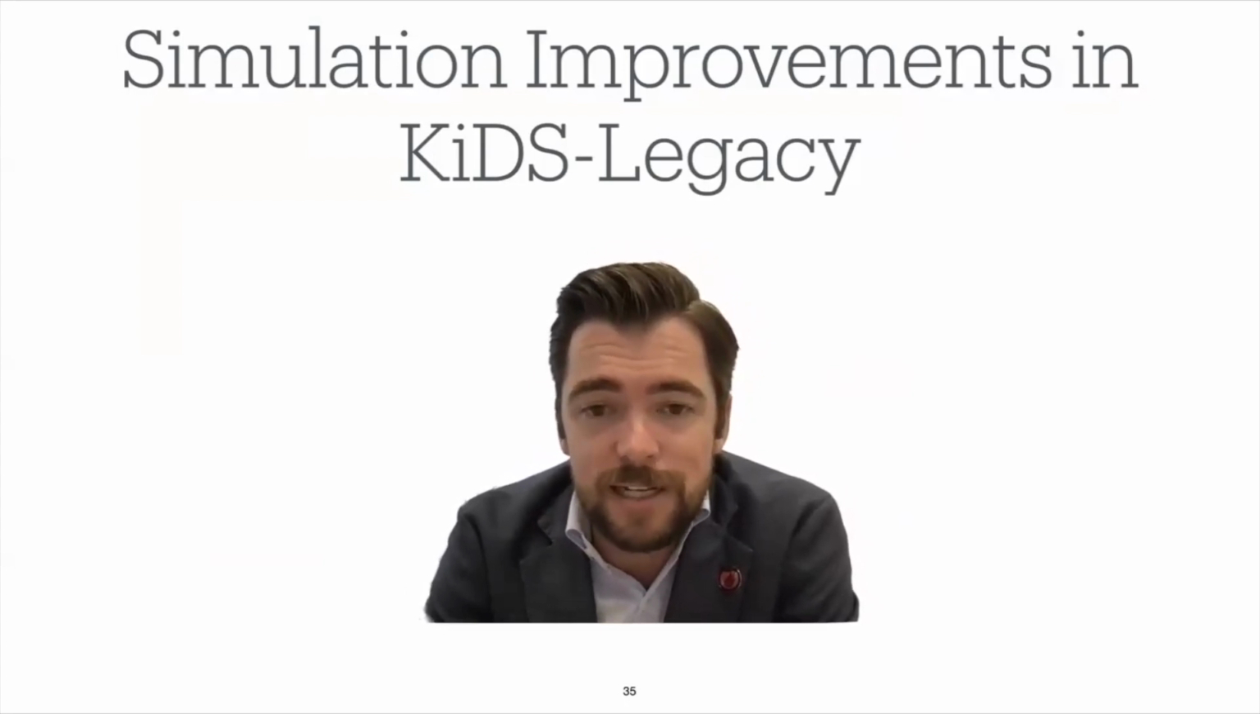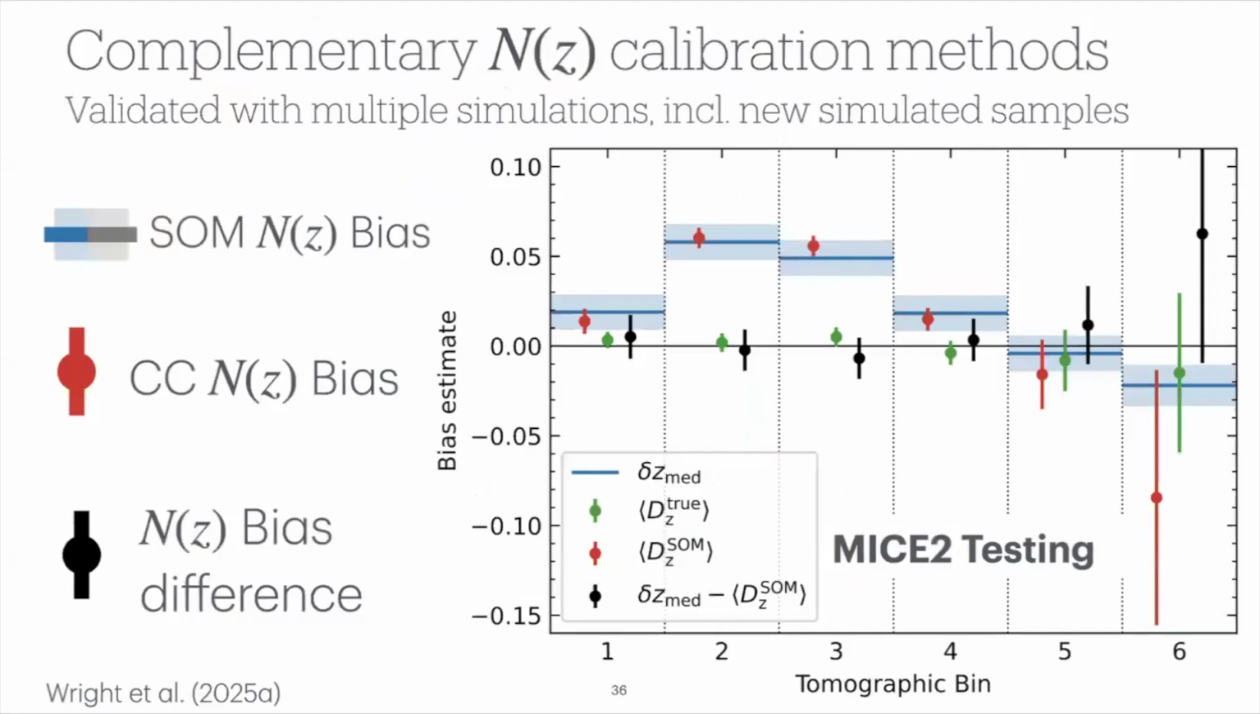In KiDS Legacy, we've also improved the way in which we estimate and generate our simulations, both to do a joint image simulation for redshift distribution estimation and m calibration, the shape measurement biases. But furthermore, we've also improved the way in which we generate the redshift distribution calibration samples within the simulations themselves. These two features of our simulations now mean that we're able to generate more realistic simulations of our samples and get more realistic estimates of the biases of our redshift distributions